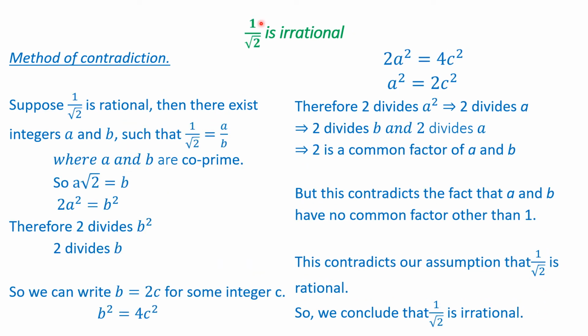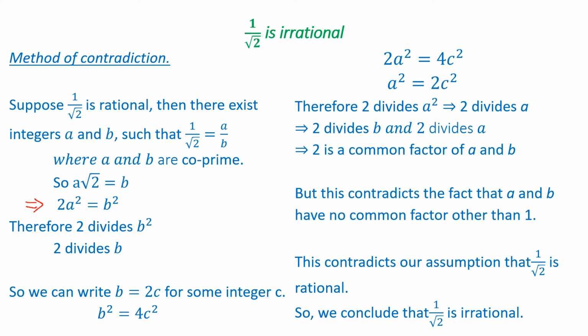To prove that 1 by root 2 is irrational, again I use the method of contradiction. Suppose 1 by root 2 is rational. Then there exist integers a and b such that 1 by root 2 is equal to a by b, where a and b are co-prime. So I take b this side and root 2 this side. So I'll get b is equal to a root 2. And this implies that on squaring I get 2 times a square is equal to b square,